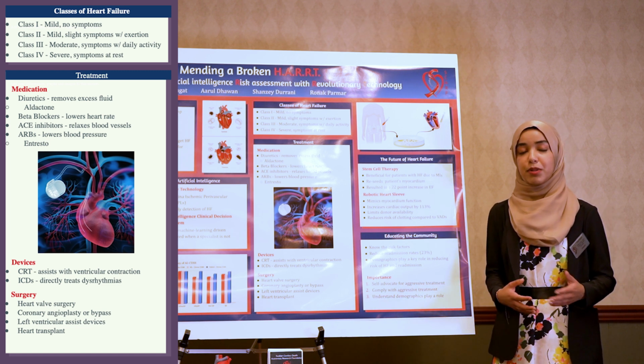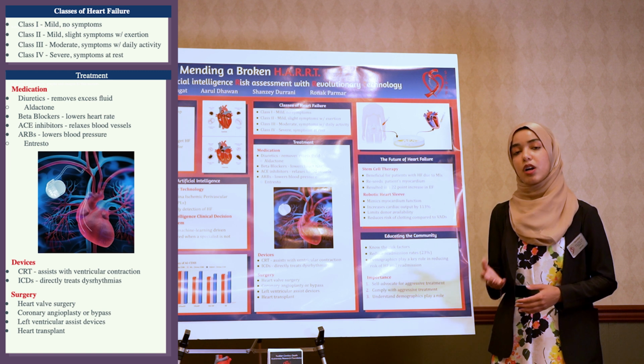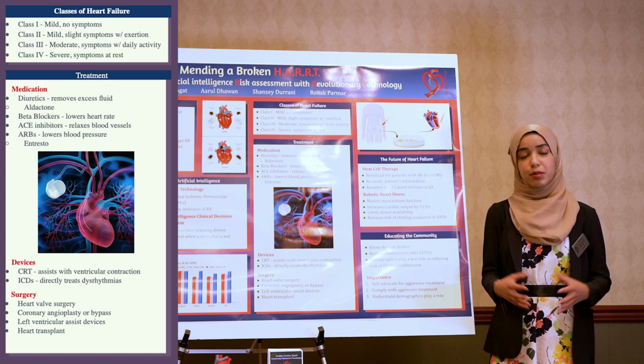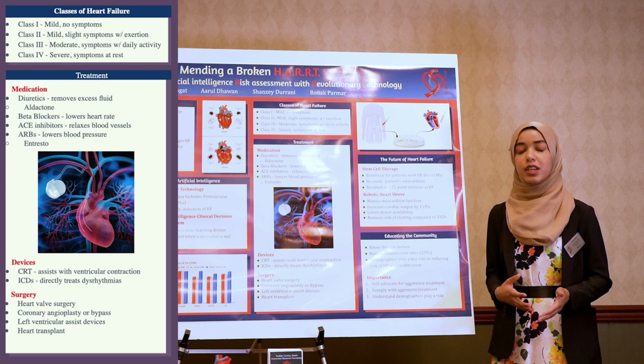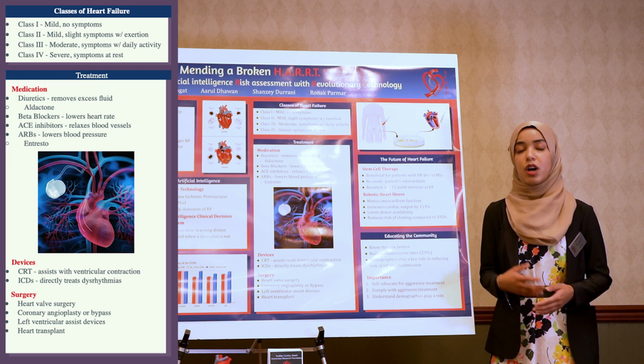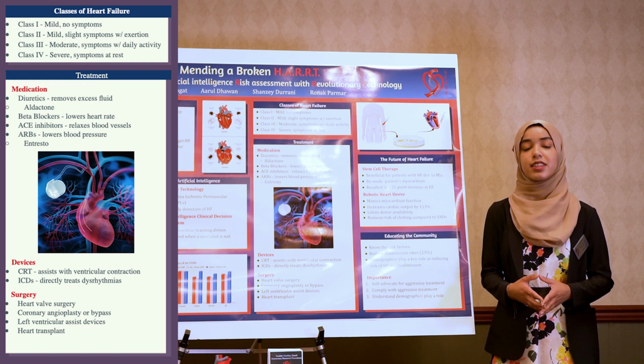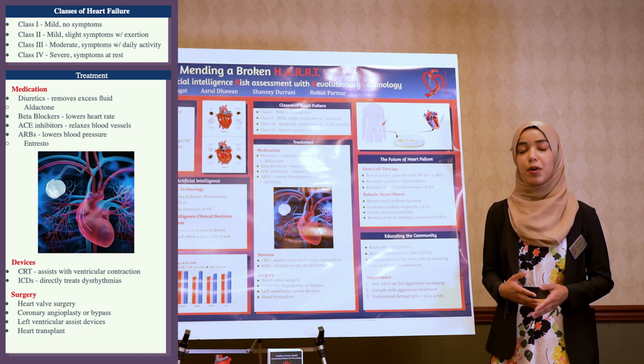Beta blockers block epinephrine to lower the heart rate, reduce the heart's pressure, and improve blood flow. ACE inhibitors and ARBs help widen the blood vessels, improving blood flow by blocking a chemical called angiotensin II, which constricts the blood vessels. In Class 3 of heart failure, implanted devices like ICDs and CRTs are a possible treatment